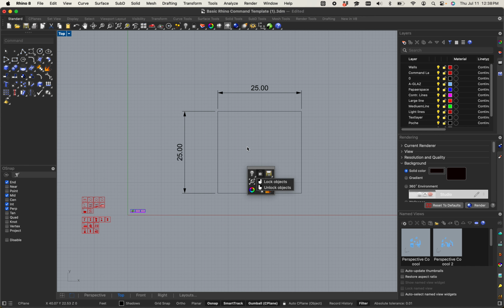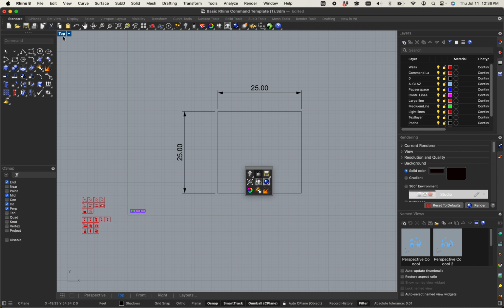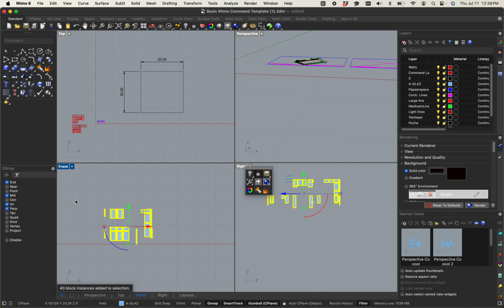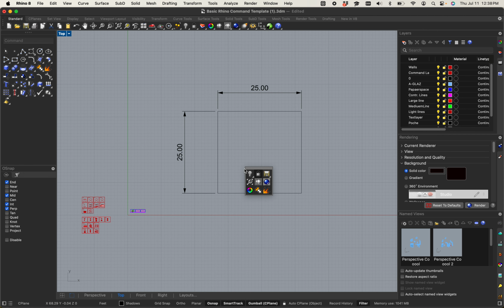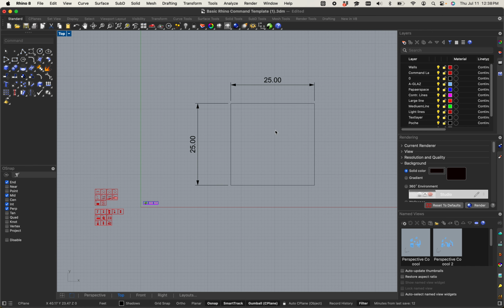Yeah, it's running a little bit faster. Sometimes it gets stuck like that, especially when I'm screen recording, so I do apologize. Usually if I move around a little bit, it goes away. Nope, not today. It looks like I got a lot of stuff in here, maybe from a previous file. Sorry if you have extra stuff in your file. I do use these over and over again. Anyway, hopefully this will get out of the way. Usually, there we go. So we have our 25 by 25, but it actually specifically says in the assignment that